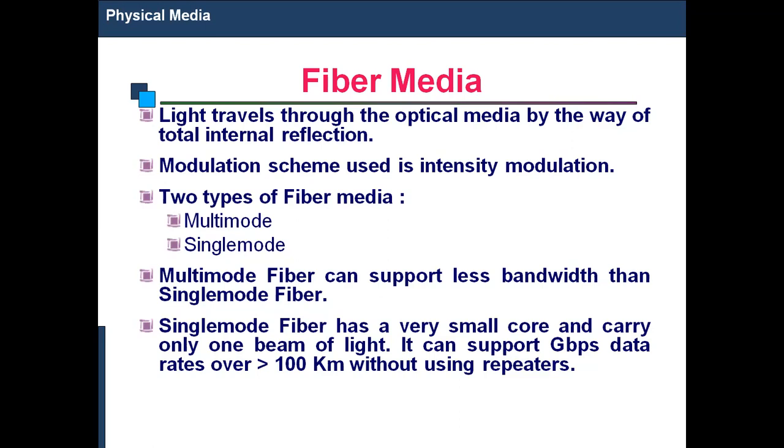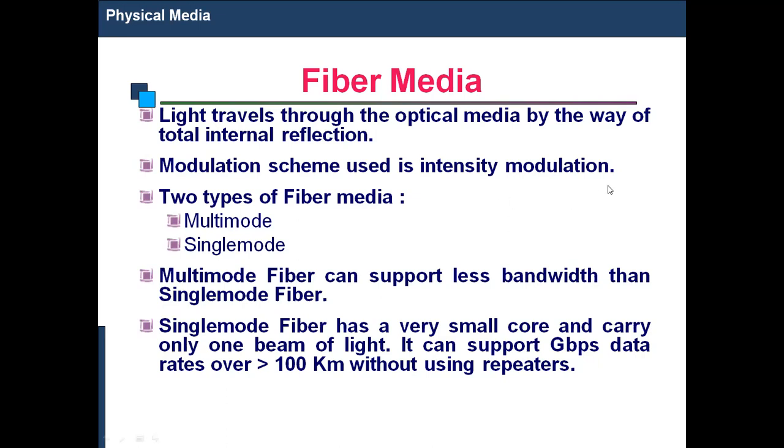Here, the modulation technique which we are using is intensity modulation. Before, we used analog modulation techniques and digital modulation techniques. In analog modulation we use amplitude modulation, frequency modulation, and phase modulation, and digital modulation has FSK, PSK, and different modulations. At that time, we take the signal as an electrical signal directly. But in optical communications, we have to transmit a light signal. At that time, we use the modulation technique called intensity modulation.